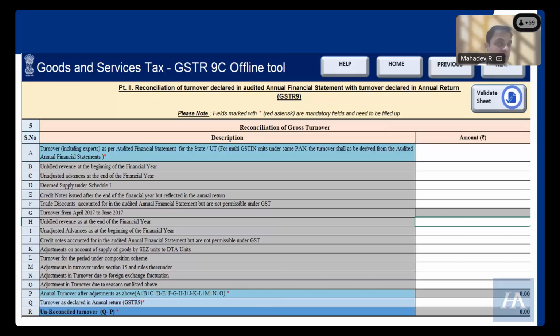But there are a few things wherein, though optional, it is suggested to disclose because we see some advantage for the taxpayer. The example is 5B, unbilled revenue at the beginning of the financial year. So this one row is still optional. All other rows are mandatory, but still we suggest that you fill 5B also, because even if you show it as an unreconciled item or you show it in your 5O, the department can always have the right to ask for the reason of such difference,